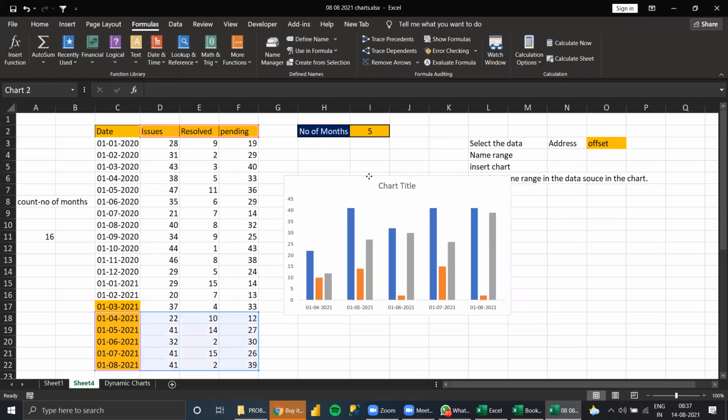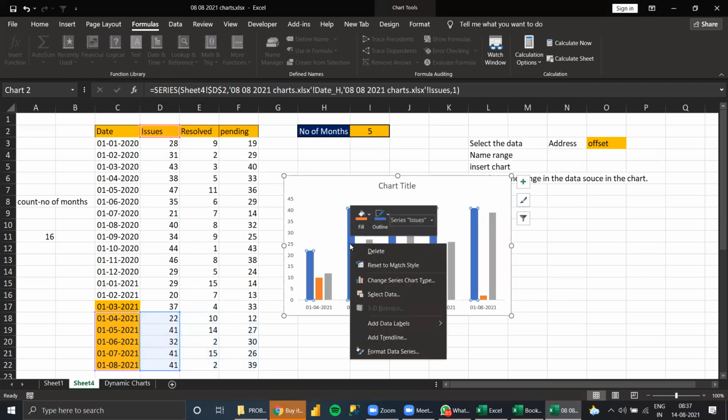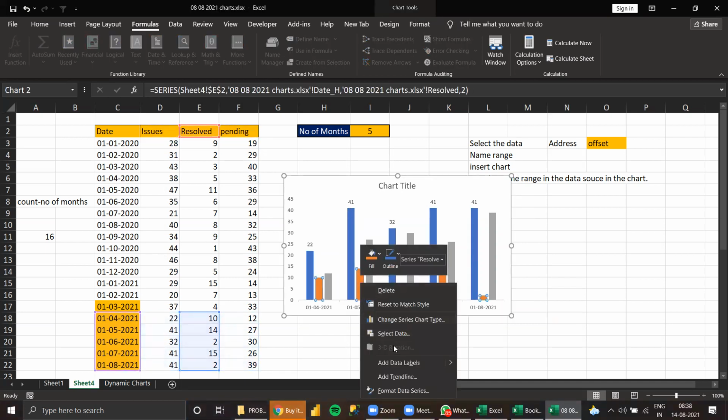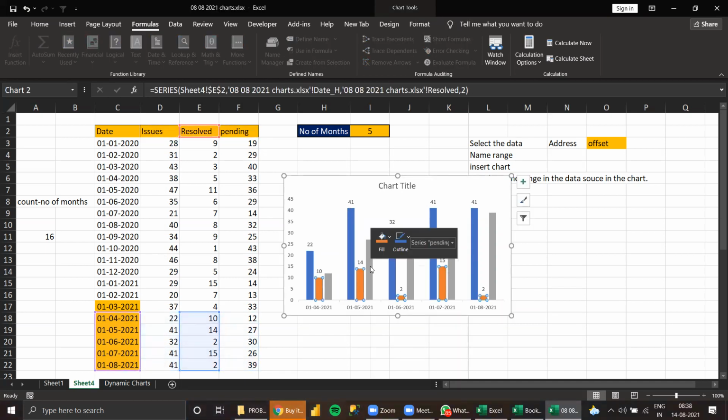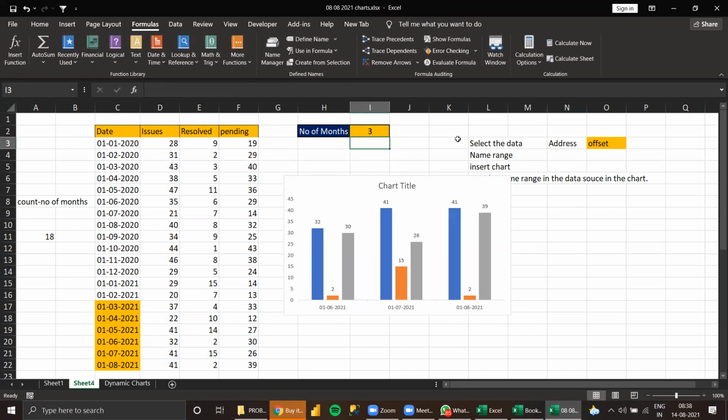So dynamically we get it. Then whatever you want, like adding a data label, everything you can do here. Everything will change automatically. Suppose 3 months of data will come. That's all. Only logic.